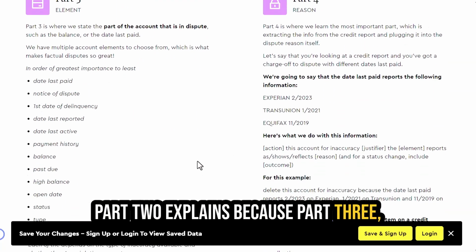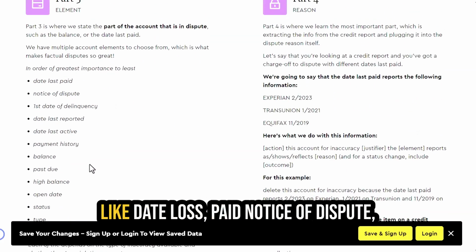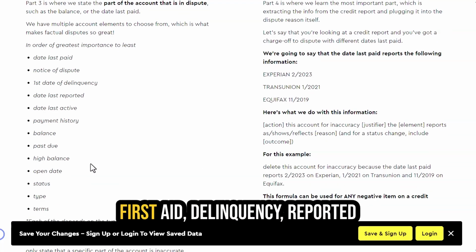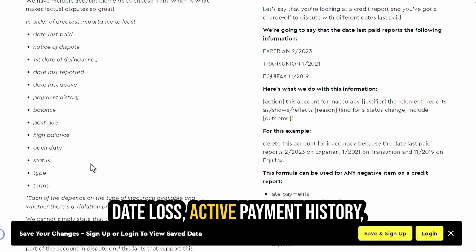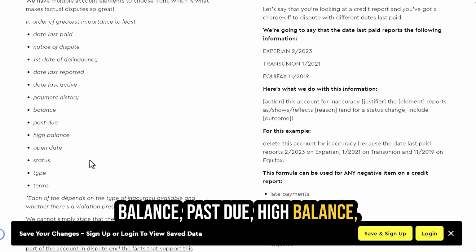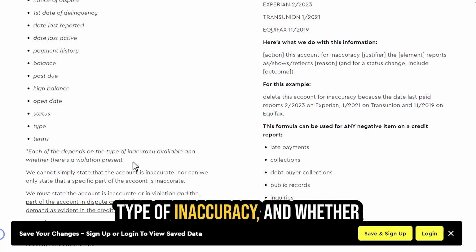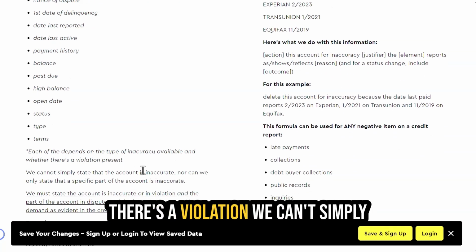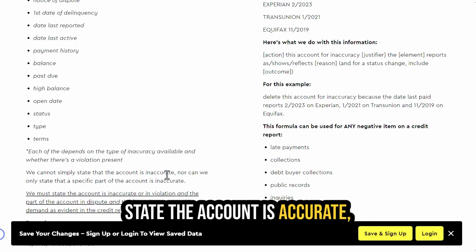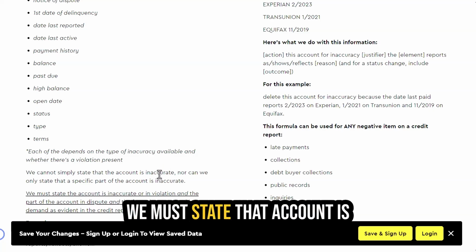Part 3 gives a list of things you can dispute, like date last paid, notice of dispute, first day of delinquency, reported, date last active, payment history, balance past due, high balance, open date, status, type, and terms. Each of these depends on the type of inaccuracy and whether there's a violation. We can't simply state the account is accurate, nor can we only state a specific part of the account is inaccurate. We must state the account is